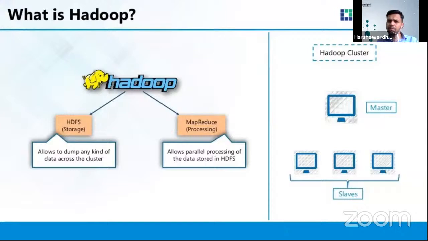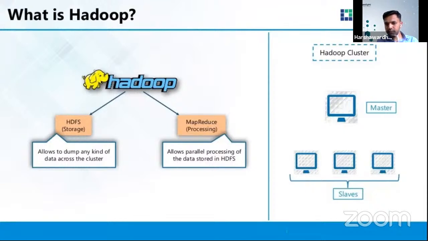In Hadoop, as I mentioned, or any big data processing system, we need to have a storage capacity. It should be able to store the data, right? And the other thing that we need is the processing capacity, that is MapReduce. So Hadoop has two main components. One is HDFS. HDFS stands for Hadoop Distributed File System. It is the component of Hadoop which takes care of the data, which stores the data, the actual storage. And then MapReduce is the processing component of Hadoop, right? So we will see both these components quickly.